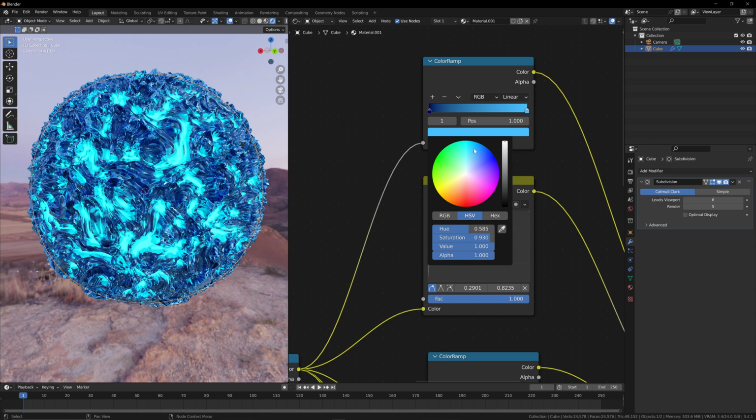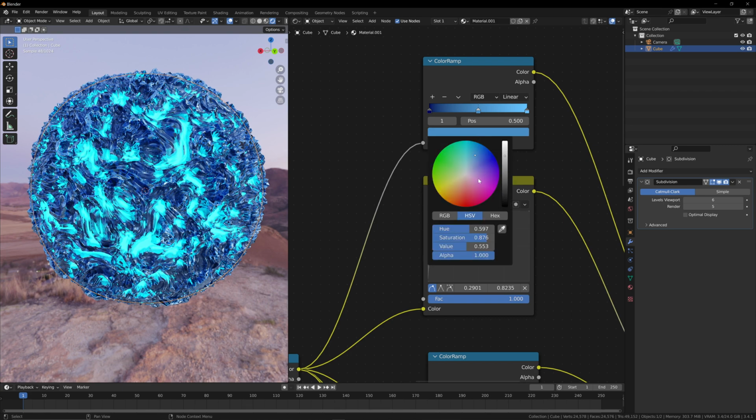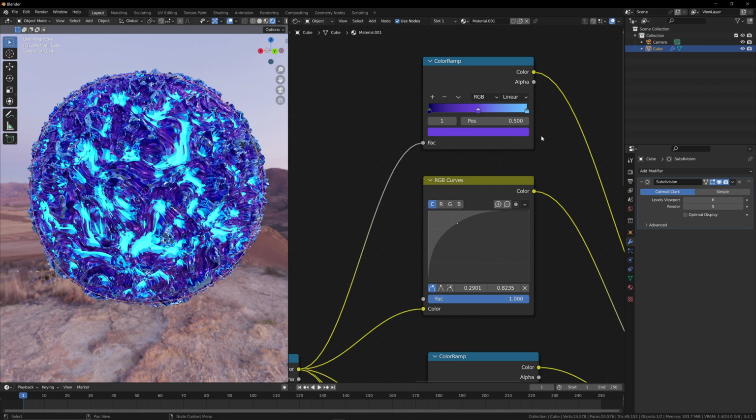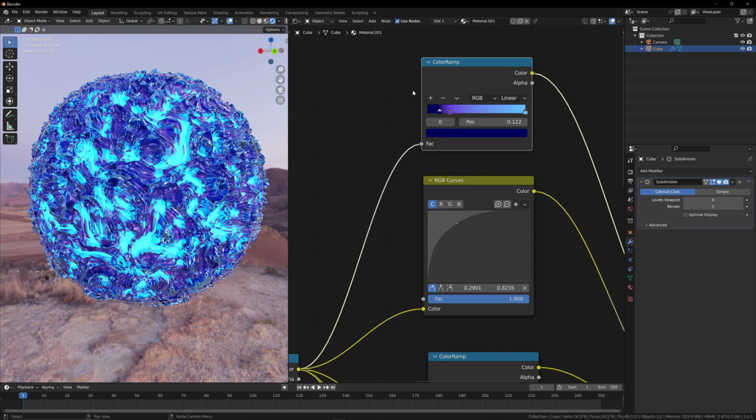Maybe even lighter. And then we're going to add in another color in the middle. So let's say purple. Purple like this. And then if I drag this guy down, we can create some nice purple blending into blue, blending into light blue, just to use as the base color. But this is still looking pretty